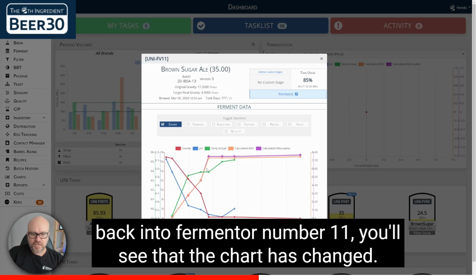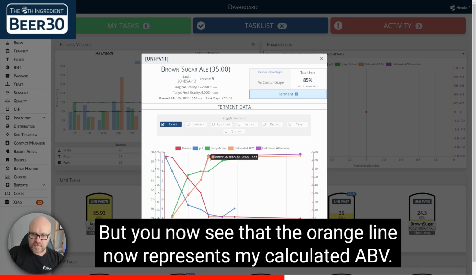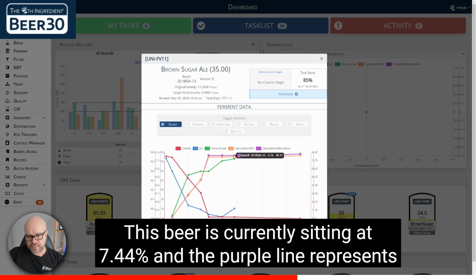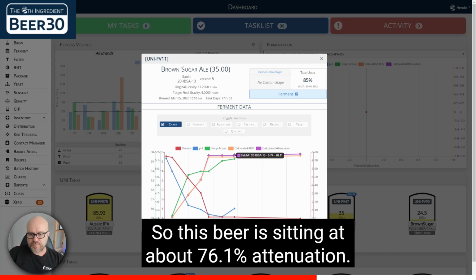And now what's happened is if I go back to the dashboard and I click back into fermenter number 11, you'll see that the chart has changed. So I've still got my gravity, my pH, and the green line being my actual temperature, but you'll now see that the orange line now represents my calculated ABV. This beer is currently sitting at 7.44%. And the purple line represents the calculated attenuation. So this beer is sitting at about